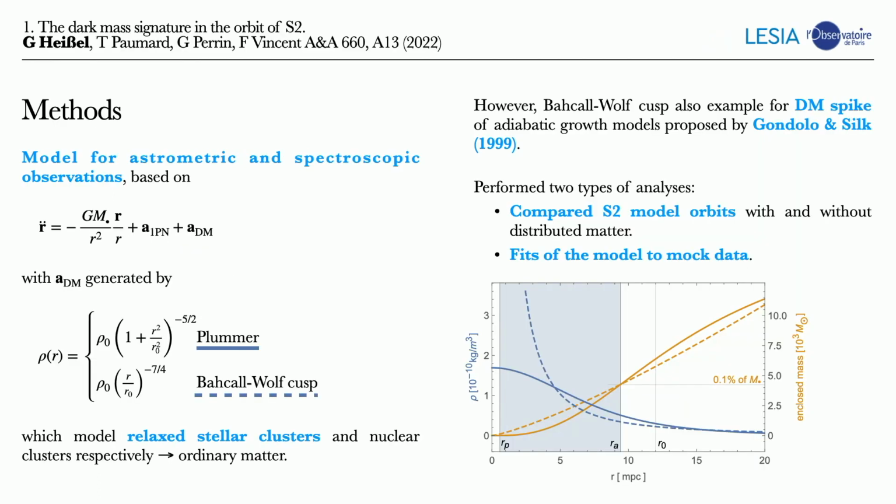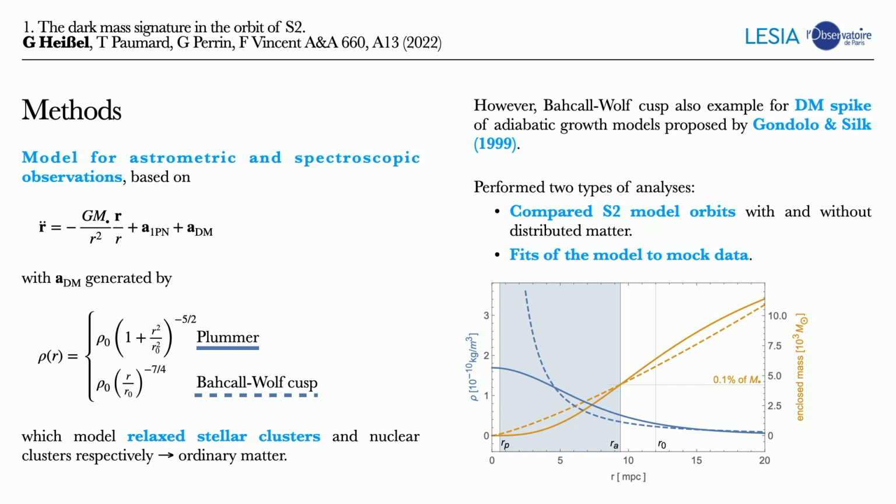So what did we do in this paper? We coded a model based on these equations of motion, and we let the acceleration coming in from the distributed matter be generated by two density distributions here. And the ones we've chosen here are motivated by ordinary matter, so they model the relaxed states of stellar clusters or nuclear stellar clusters,